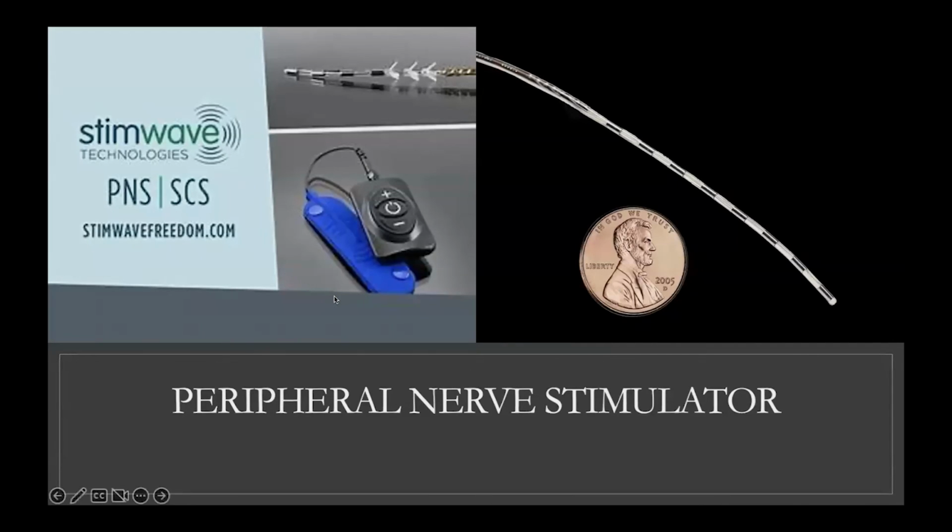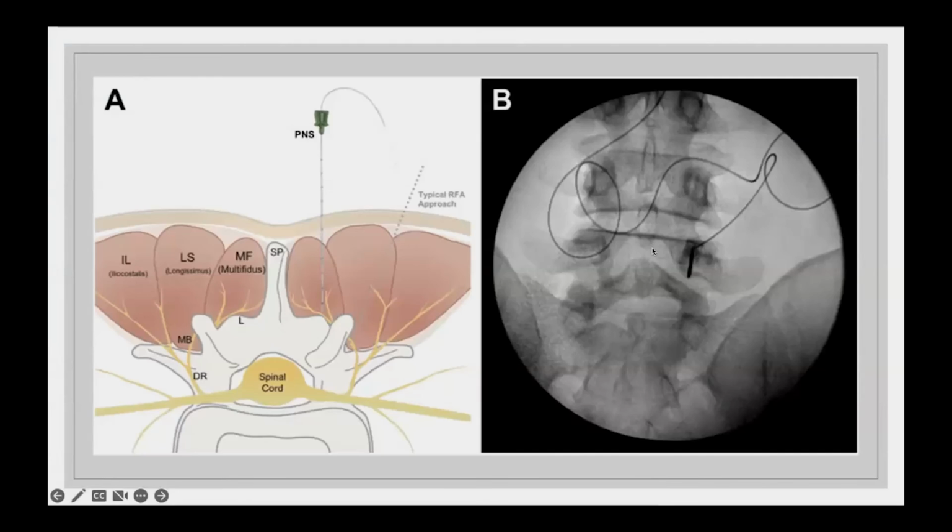This is just one example of one I used to use more in private practice, but there are actually many different companies that make this, and it's a very similar concept, though a different application from the spinal cord stimulator. For back pain specifically, there's a lot written about stimulating the tiny nerves in the back that go to the muscles. You put it essentially along here where this little wire or needle is indicating, and then you stimulate these deep nerves, and you can actually block some of the facet arthritis type of pain.